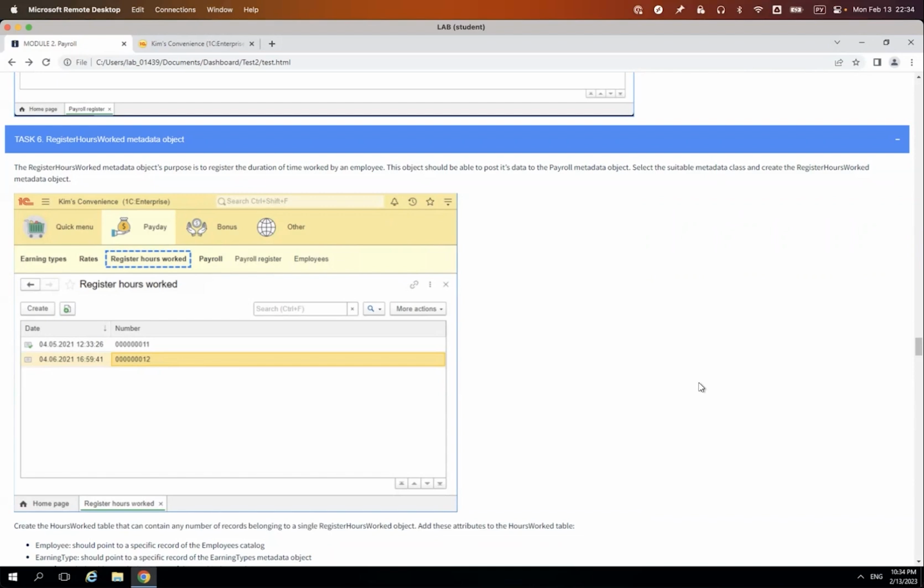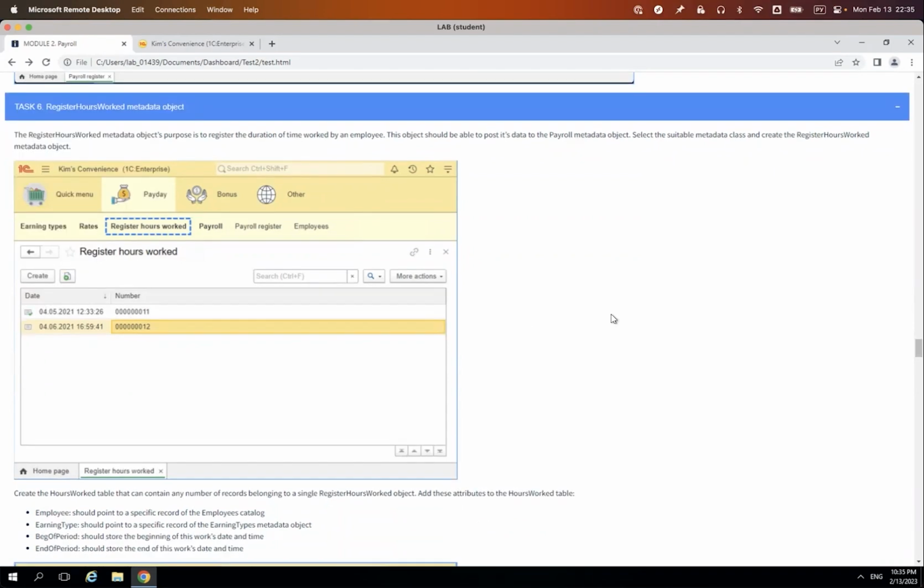And this should be some kind of a document. For example, I come to work and my manager marks that I'm at work at 8 a.m., and then I'm out of work, and the manager marks that I'm out of work at 12 p.m. So these 4 hours should be registered in the system, so they won't be forgotten. And by the end of the month, when the accountant of the company needs to calculate the salary, he just gets all these records of how much I worked each day, sums up the hours and calculates the amount that I should get as a salary.